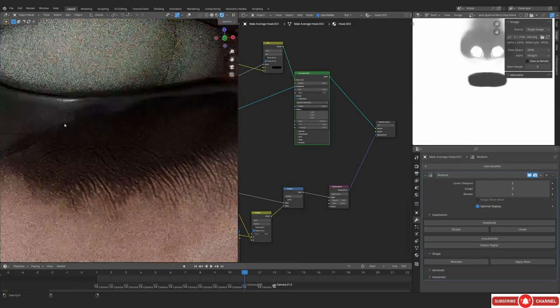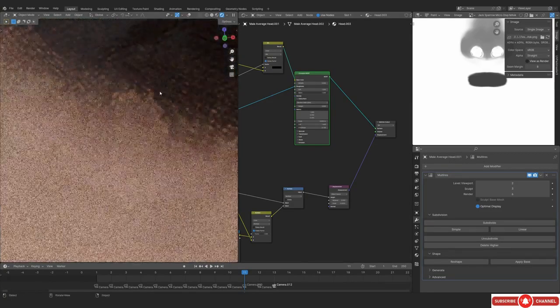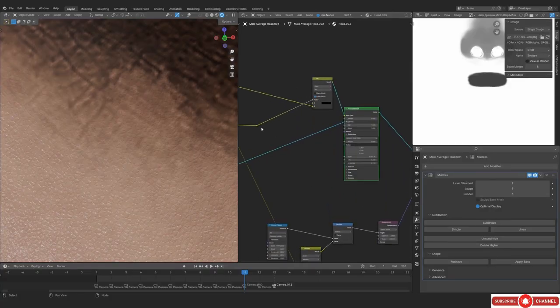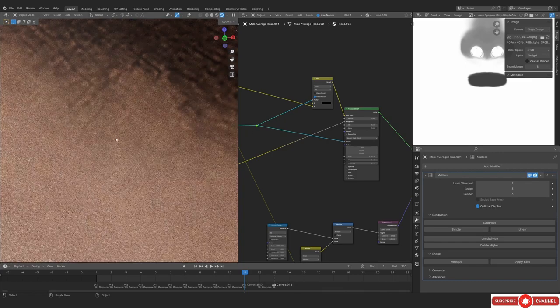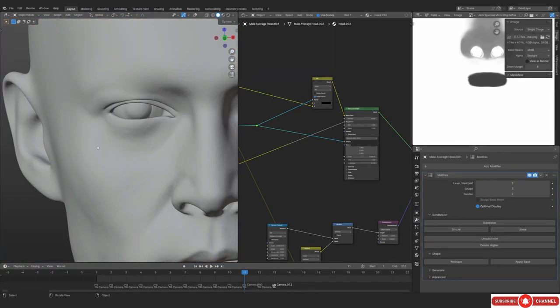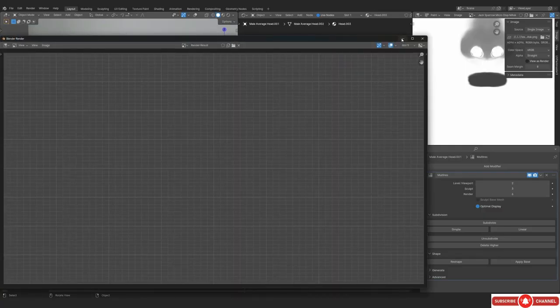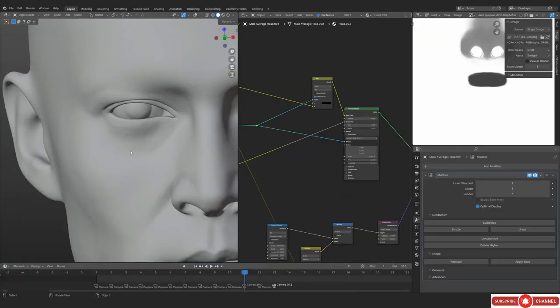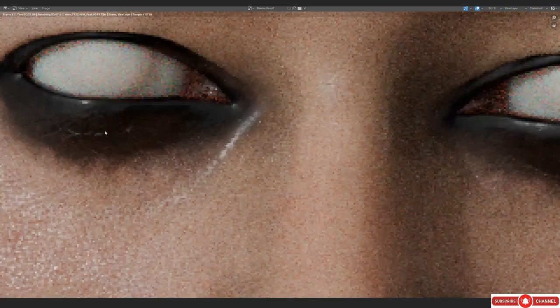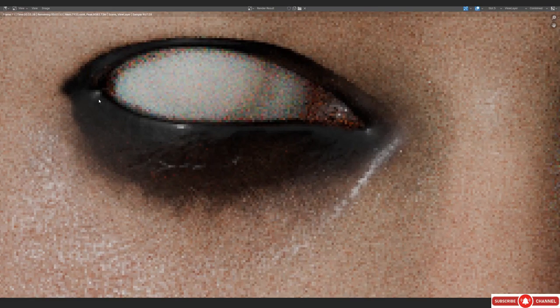So this is something that I'm trying, and you can see that we have actually removed that, and it is on the skin now. So yeah, that's basically what the idea is, because again, the theory is if he were to paint something on top of the skin, he is most probably gonna be getting rid of all the micro displacement actually, because paint is gonna overtake that. And that's why you can see that I did that.